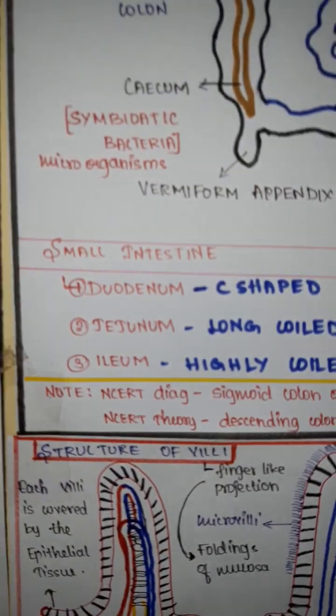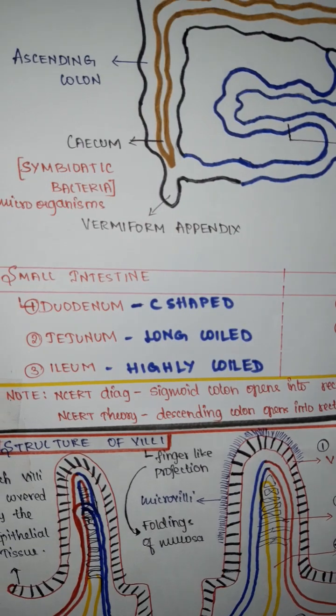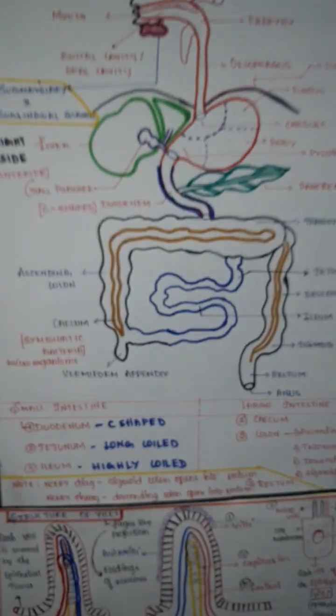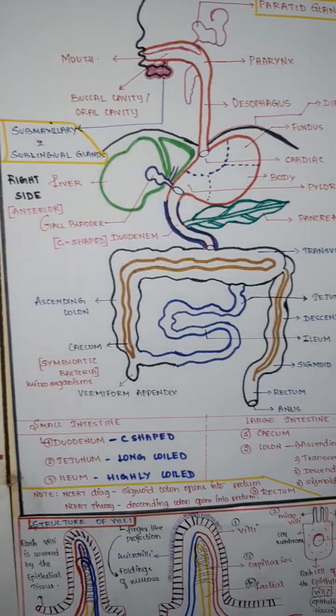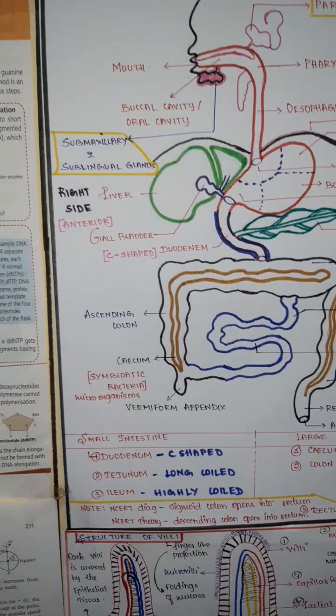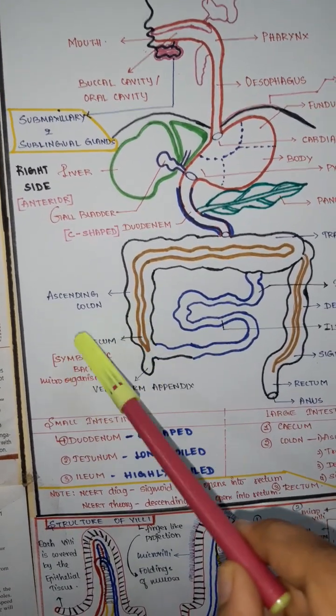And it's very important that the vermiform appendix is a vestigial organ. Vestigial organ means the organ is not doing any sort of function in our body, so that's why it's called a vestigial organ, and the vestigial organ is the vermiform appendix. Note that point. And then coming back to the large intestine, the opening part, the cecum